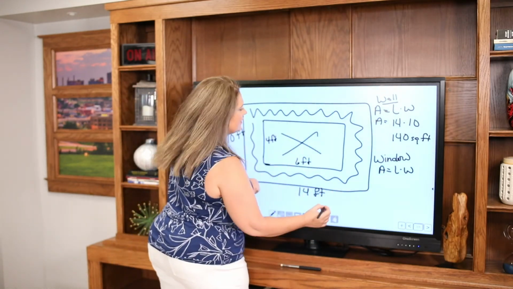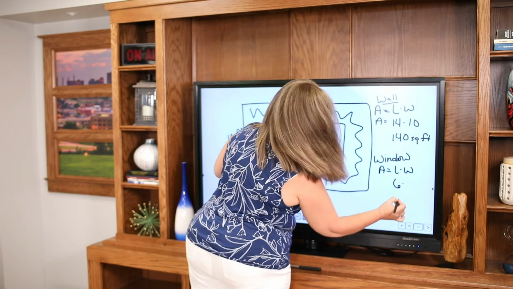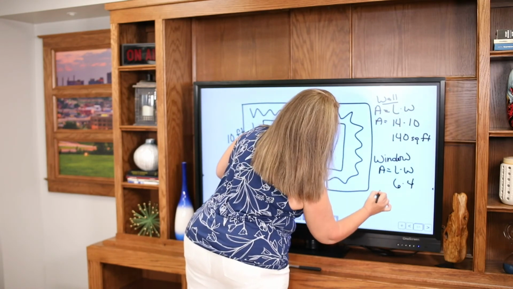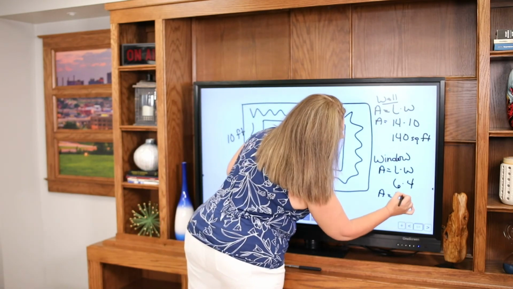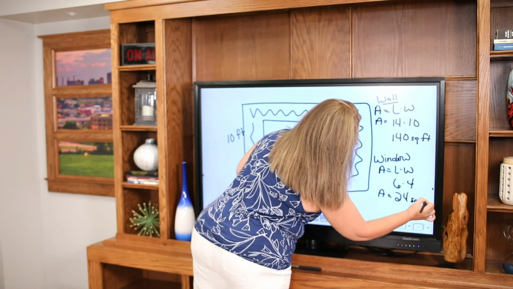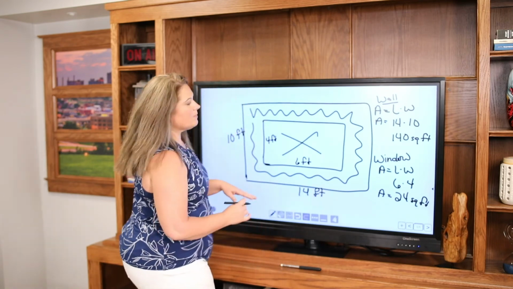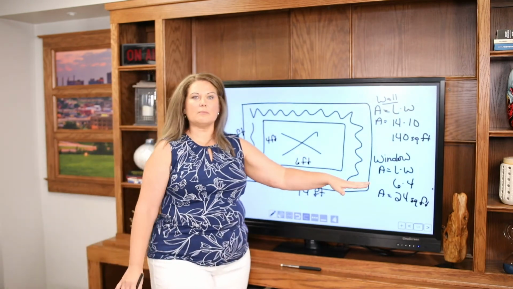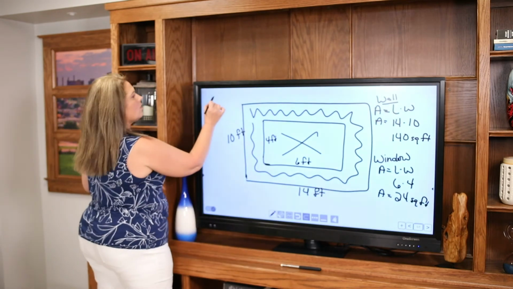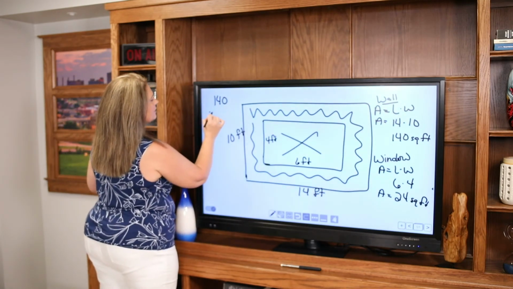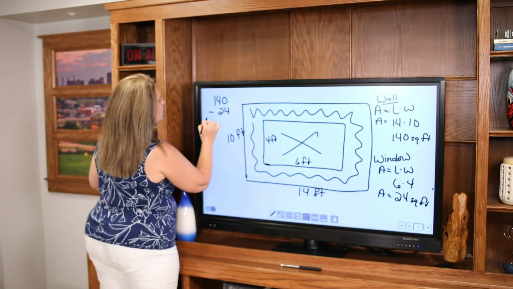So then my length is going to be 6. My width is going to be 4. So that means my area is 24 square feet. Now remember, my window is not going to be painted, so I need to subtract that. So I'm going to say 140 minus 24